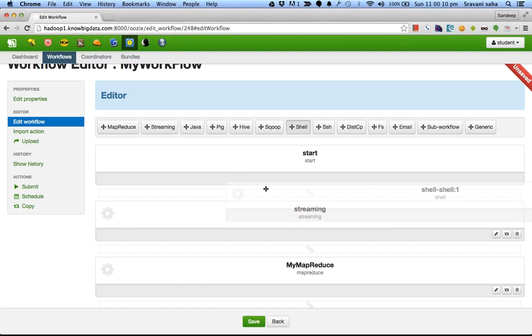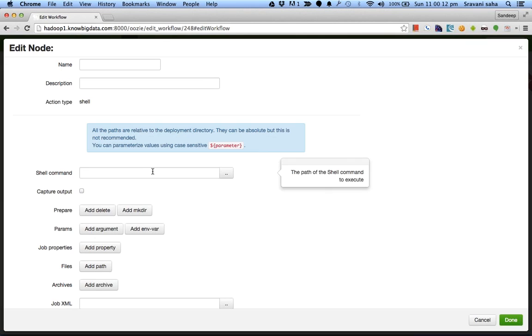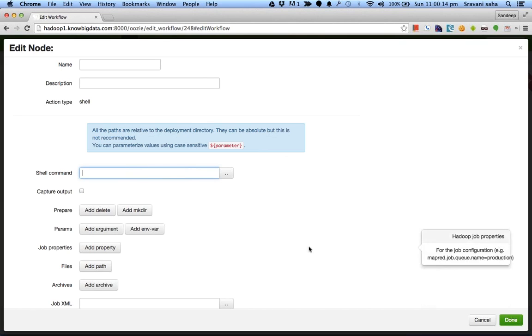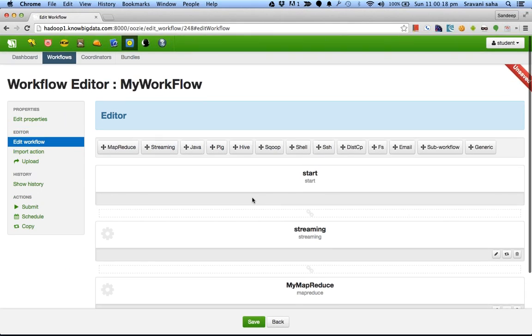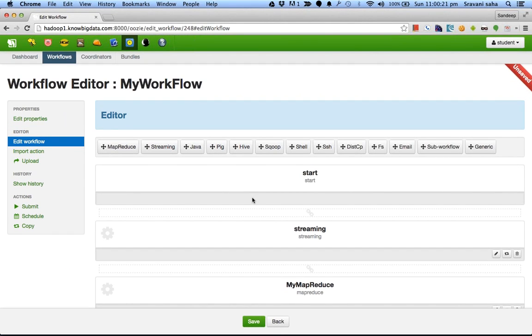And a shell script is something, if you want to execute a shell command, then you can specify it here. Also note that if we are going to run this workflow using something called a coordinator, it is also a service and it will run on any of the nodes, not necessarily on a particular node.